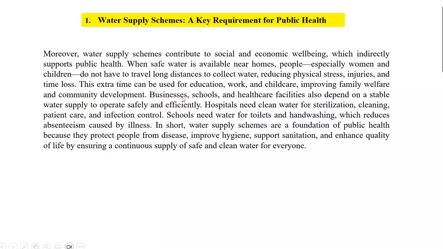Businesses, schools, and healthcare facilities also depend on a stable water supply to operate safely and efficiently. Hospitals need clean water for sterilization, patient care, and infection control. Schools need water for toilets and hand washing, which reduce